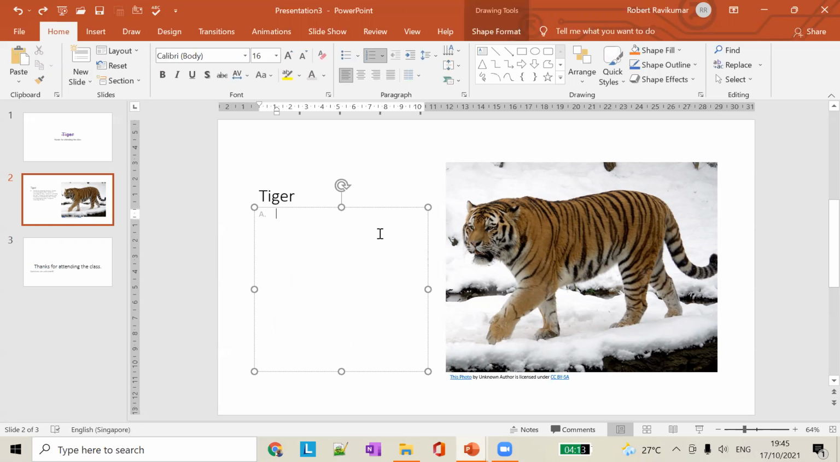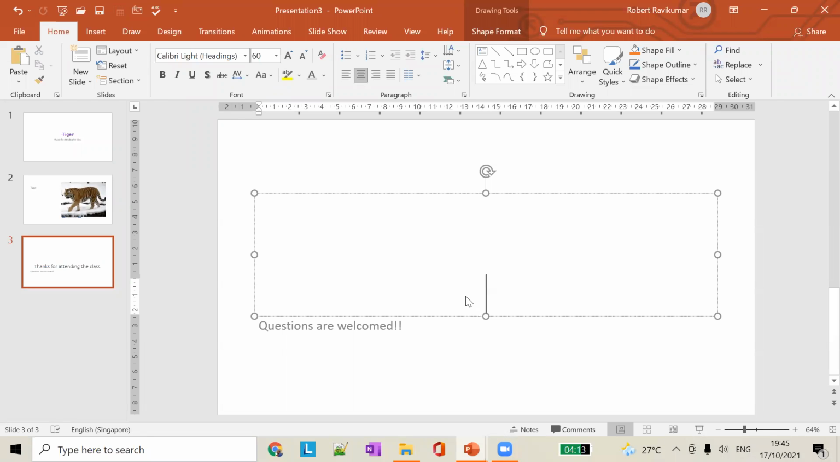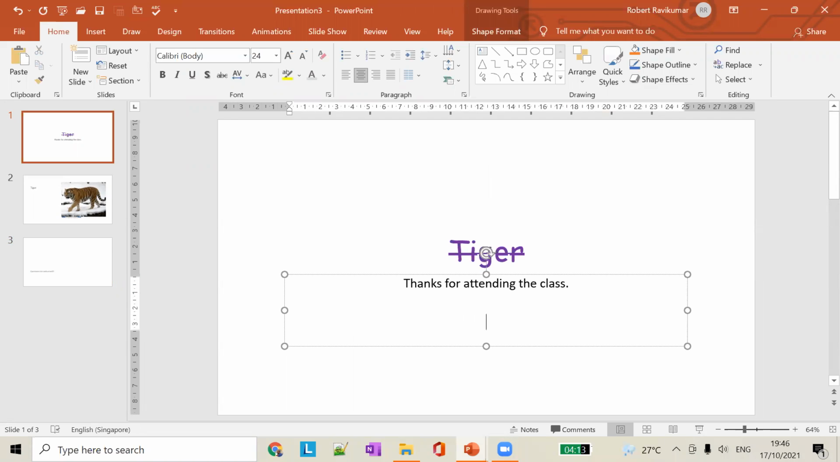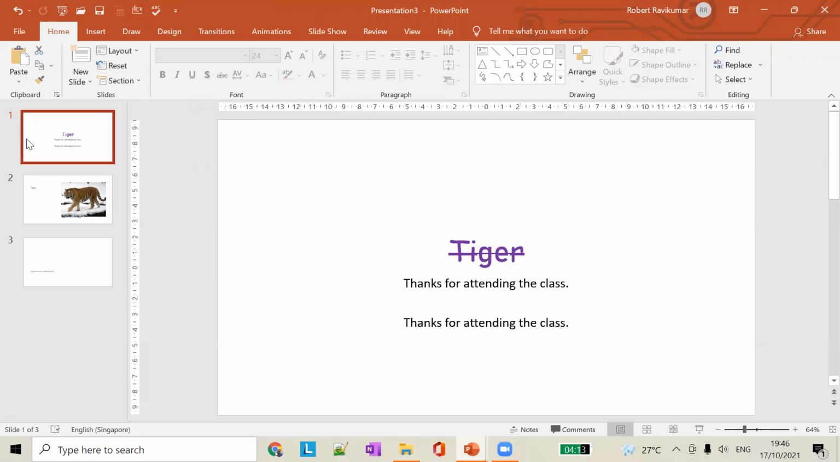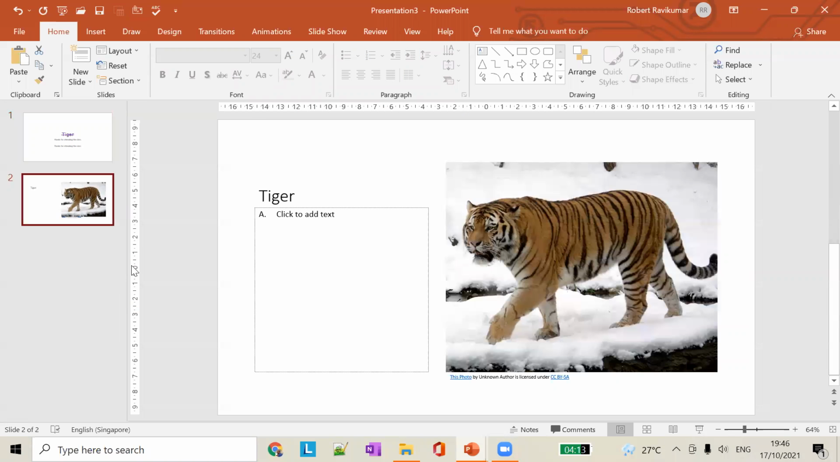Similar to this, there is something called Control X. Control X will cut, and Control V will paste here. Control C is copy, Control X is cut, and Control V is paste. So these are the shortcuts available. You can use a text like that, or you can